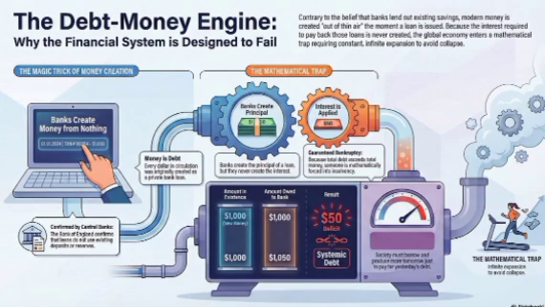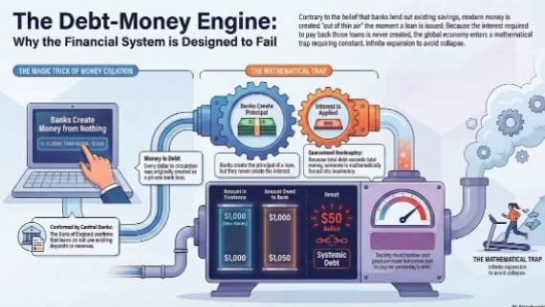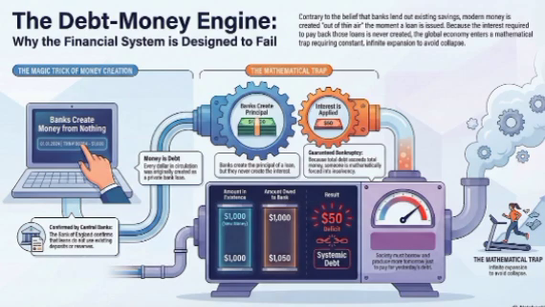But the bombshell from our source text today is that this traditional view is completely, demonstrably false. It's totally made up. And to be perfectly clear from the jump, this is not some fringe internet conspiracy theory. This is a documented institutional fact. Right. And the text points to a 2014 paper published by the Bank of England to back this up. Which is not exactly a radical organization. No, the Bank of England is one of the most conservative, buttoned-up financial institutions on the planet. And in that paper, they stated plainly that the middleman theory is a myth. It's just not how it works.